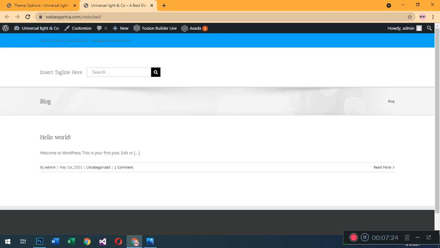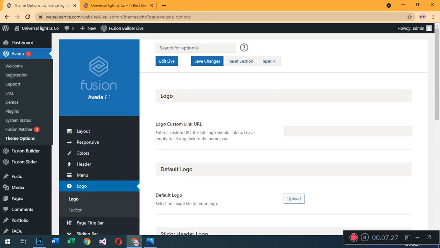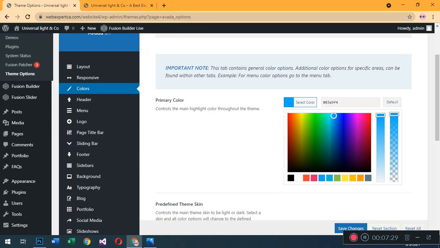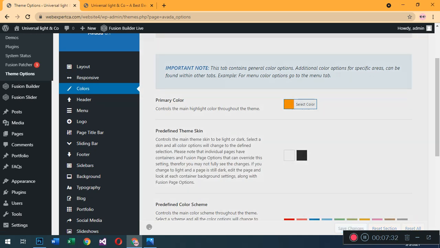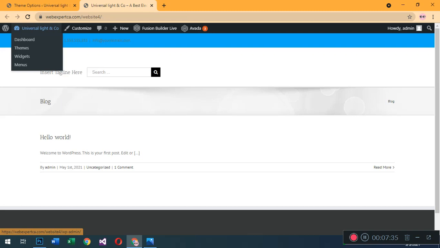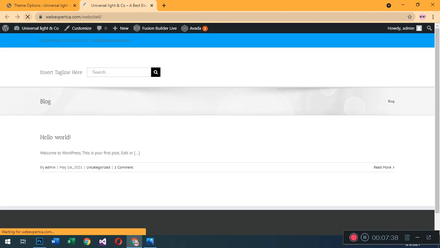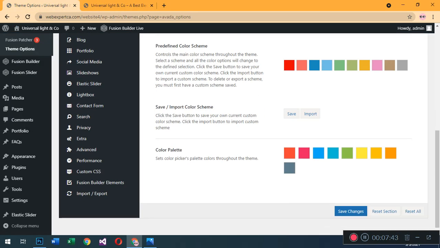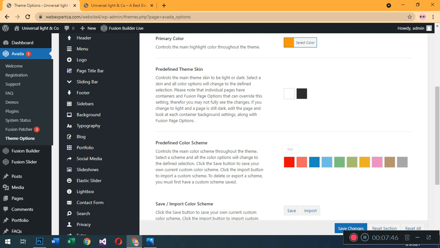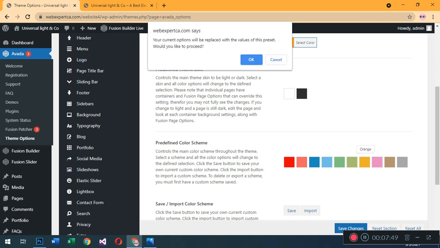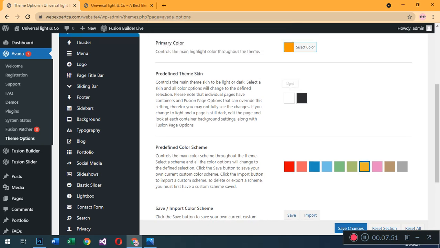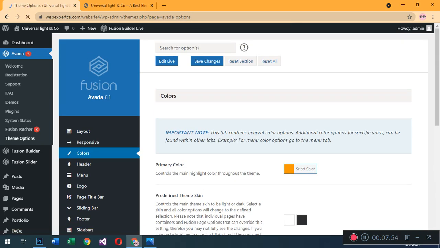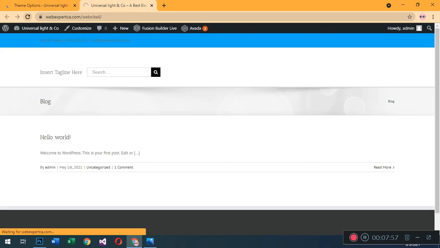This is our basic main color. I am going to change the color again. After this you will see how Avada changes your home theme color. Going to press the refresh button. The system will show the complete theme color. I think so, predefined colors. Okay, this. Okay, save changes, refresh. Okay, the theme color changed successfully.